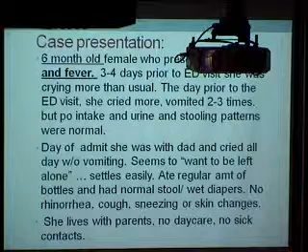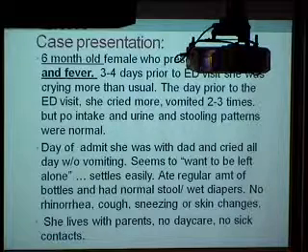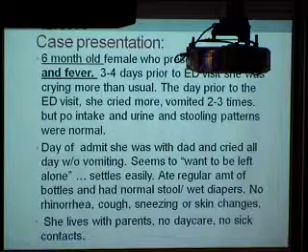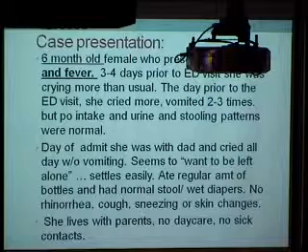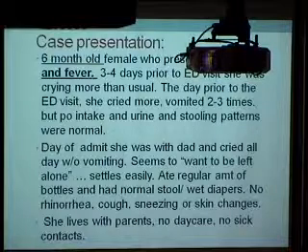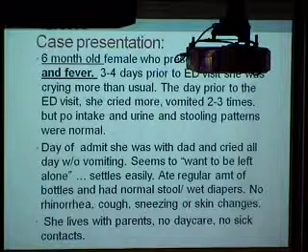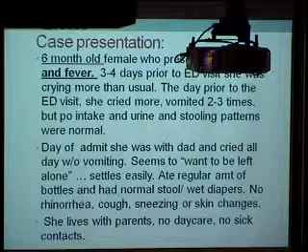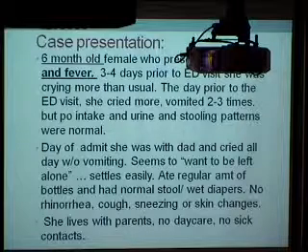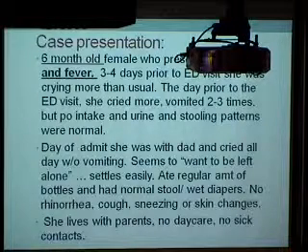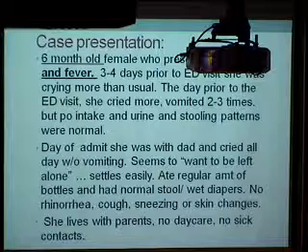All right. Here's a case presentation. So this is a 6-month-old female who presented to our emergency department with crying and fever. That's her presenting symptom. 3 to 4 days earlier, she was noted to be crying more than her usual. The day prior to exam, she vomited a few times, but was taking her normal bottles. Urine and stooling patterns were normal. On the day of admission, Dad said she cried all day. She didn't vomit at all. She has a history of reflux. And he says she just seems to want to be left alone, but settles easily, calms down easily. She ate a regular amount of bottles. She had normal stool and wet diapers, no URI symptoms.